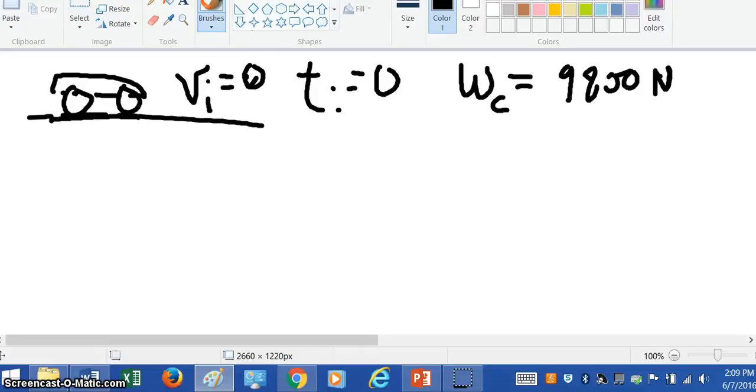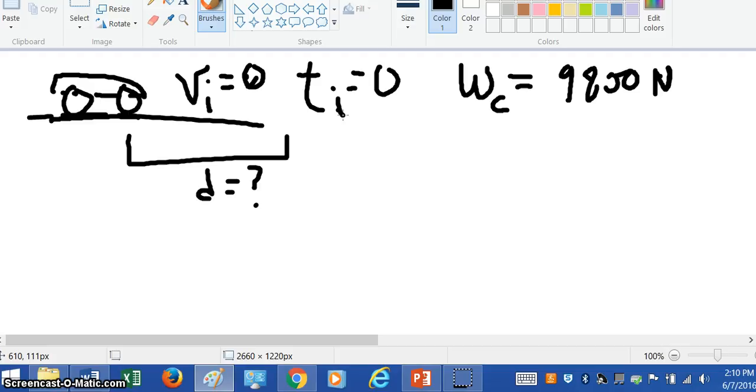Alright, so this is a general acceleration problem. We have a car, it's going to travel some distance d, and of course we're going to want to know what that distance is, and some of the other things that we know about it. The initial velocity is 0, so it's starting from rest. The initial time is 0, so it's starting at t equals 0,